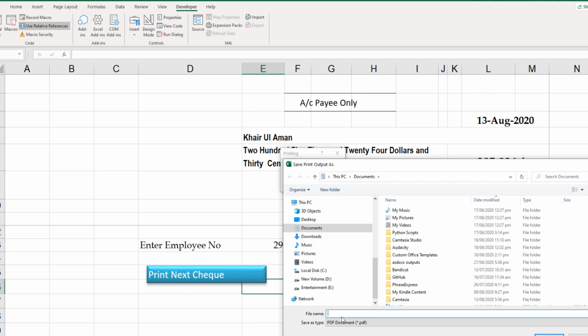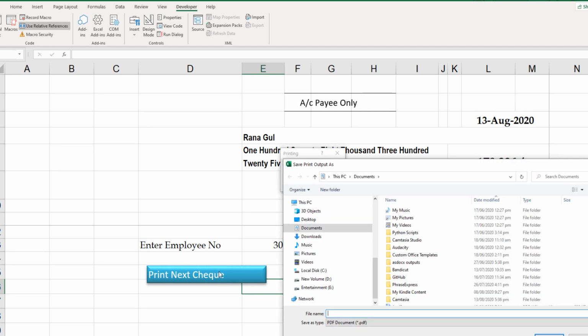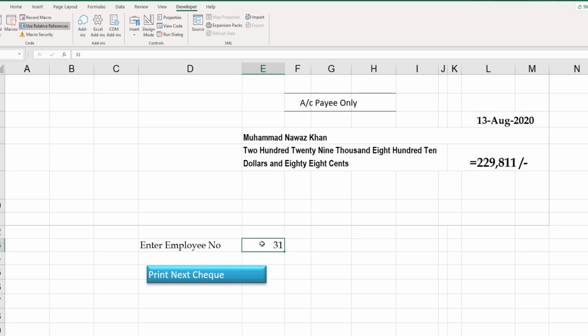Now see, it goes to the print. Let's give it a name 4, and now it incremented the value and the next value is ready for printing. So print, give it some name, and it goes to 31.